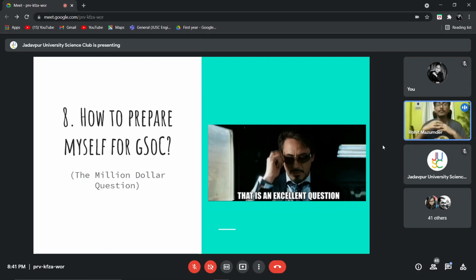Basically I didn't prepare for Jenkins as such. I was normally preparing for operating systems, and then I found out that Jenkins uses some of the concepts in operating systems, and then I realized that Jenkins is using this widely known concept which is known as distributed systems. It's kind of a difficult concept, but I paced myself and I learned about it, and then I already knew Java, so I was able to apply for Jenkins in general. So that's how you prepare yourself for Google Summer of Code.